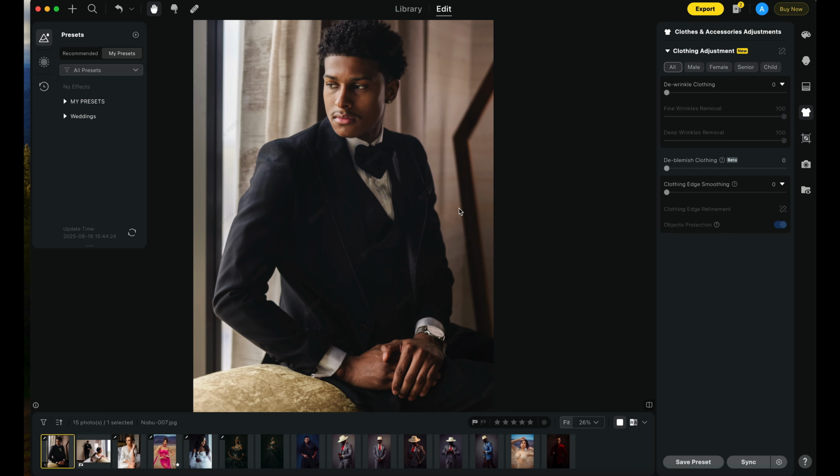You know that people show up all the time. They're wrinkled, they don't steam their clothes. People have the mindset of, can you just Photoshop it out? And of course we don't want to do that. And in the past I've had to do that. But now with the ability to be able to just do it with a slider inside of Evoto, this has changed my workflow tremendously. So looking at his suit here, we have the De-Wrinkle clothing slider, and if we pull